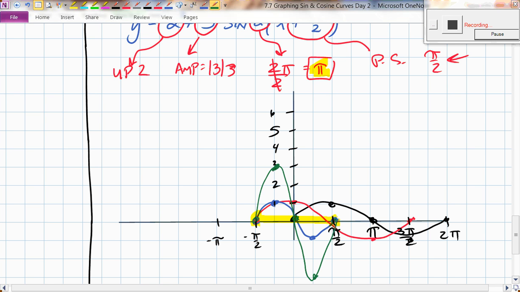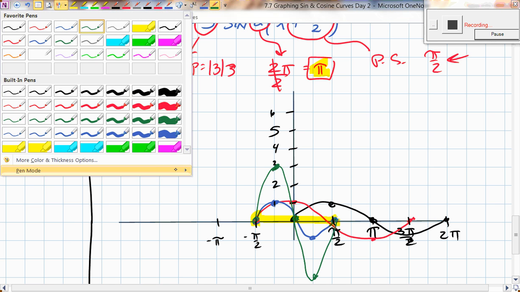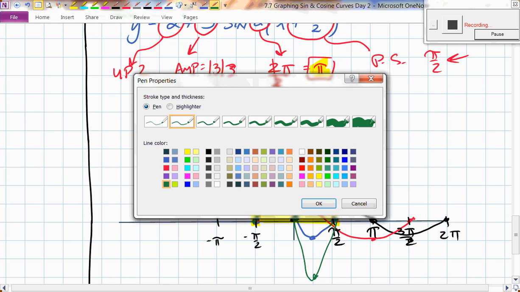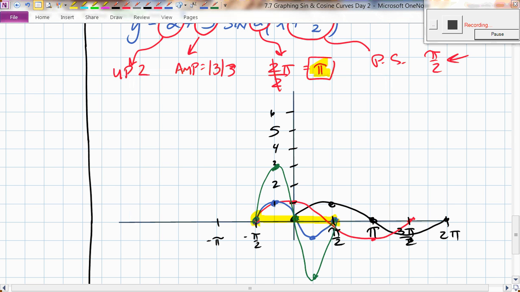Okay, there we go. Thank you for catching that mistake. And then lastly, push all of those up 2. I'm going to pick a really cool color here. Purple? Oh yeah, there we go. So this dot goes up 1, 2 to there. This dot goes up 1, 2 to there. This dot comes here. This dot goes there. And this dot goes there. And then you have this beautiful purple